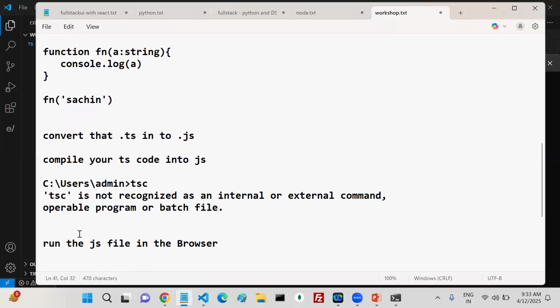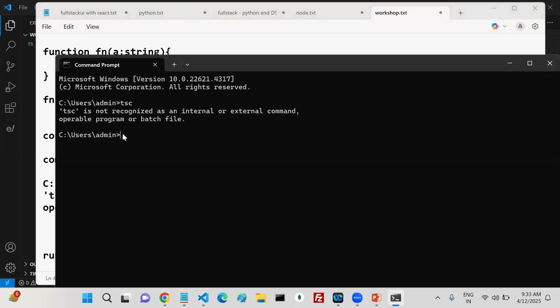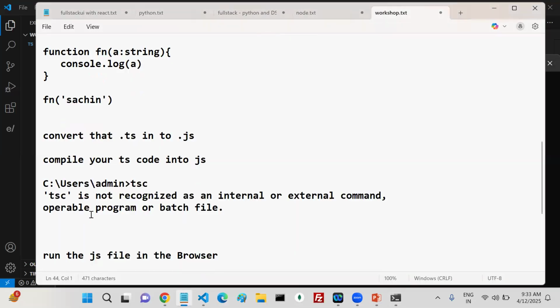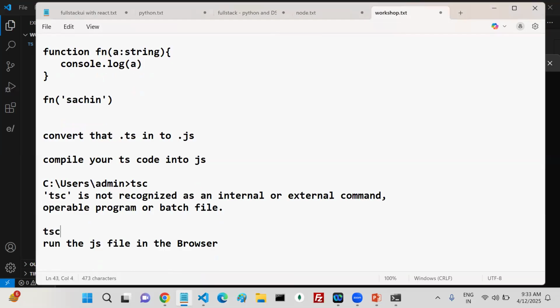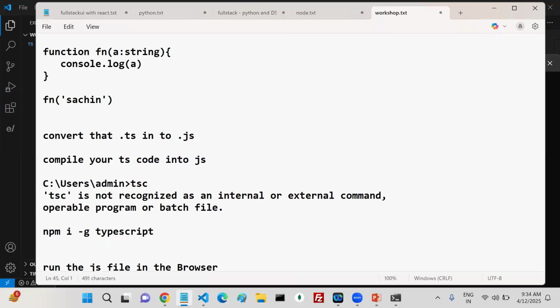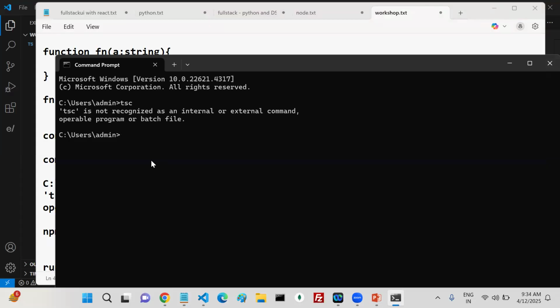Once that is done, the next step is to run a command. If TSC is not there, you have to run one command to make it available: npm install -g TypeScript.